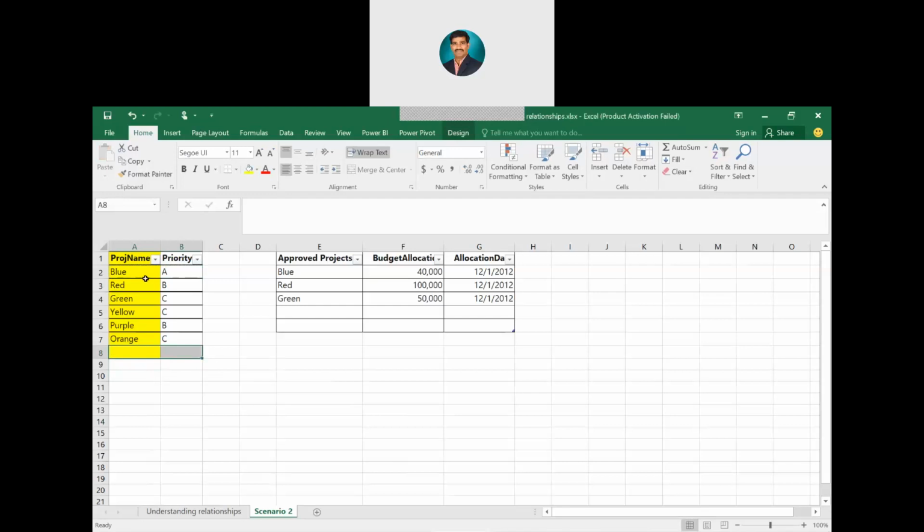The blue project today is given a budget allocation of 40,000 on this date. Again, for some reason the blue project is not completed due to miscellaneous reasons, so they allocate one more $10,000 on another date, for example in 2014. Is it possible for one project to have budget allocated 2 times, or not possible? No, not possible?